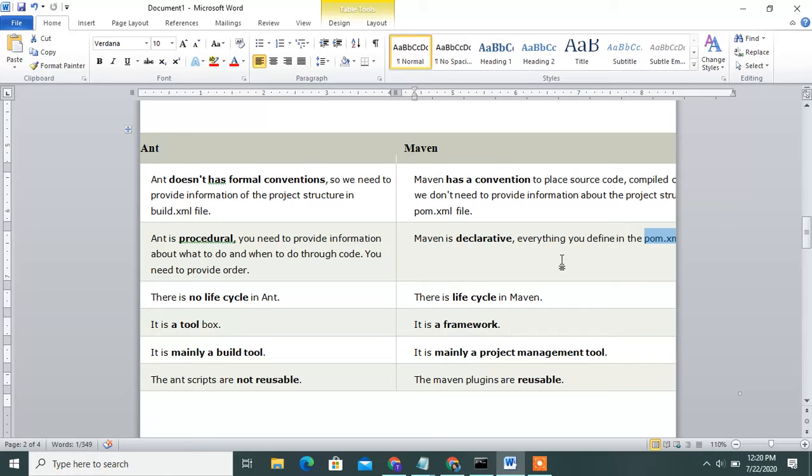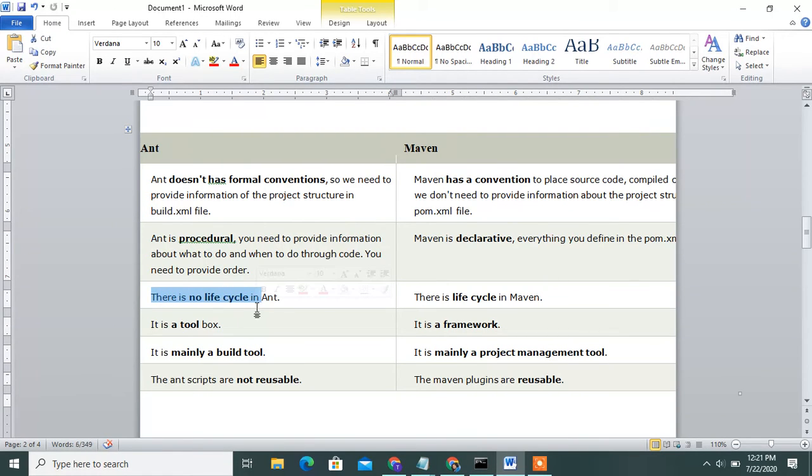Under the pom.xml you can declare everything, like dependencies, artifact IDs, versions, and after dependencies, the plugins to install. I will mention all of that. Everything is defined in the pom.xml.